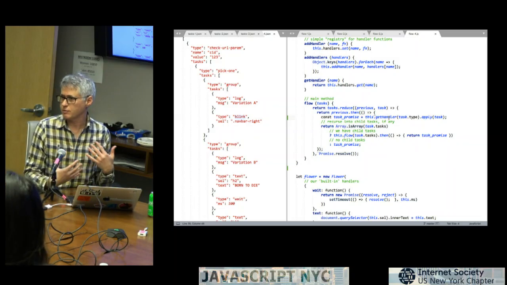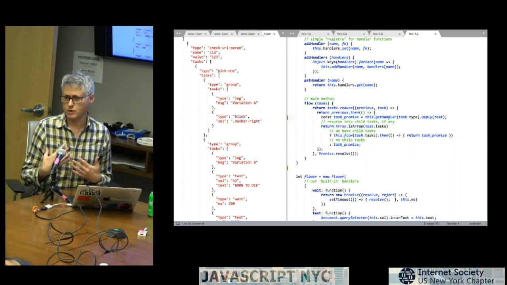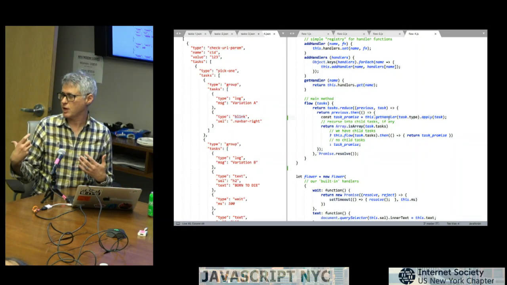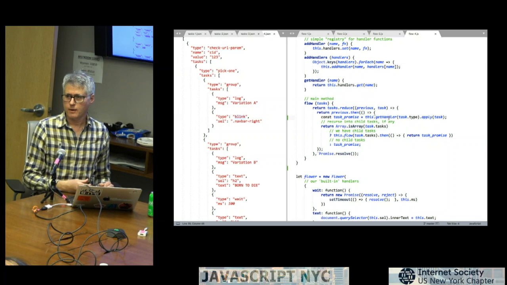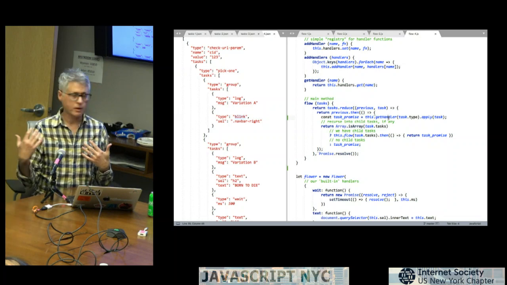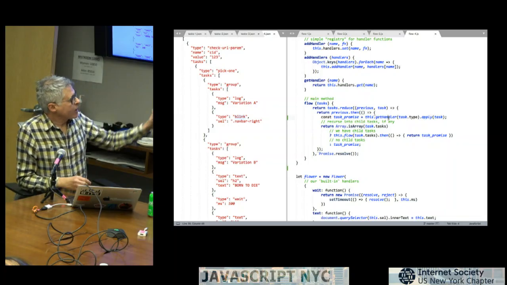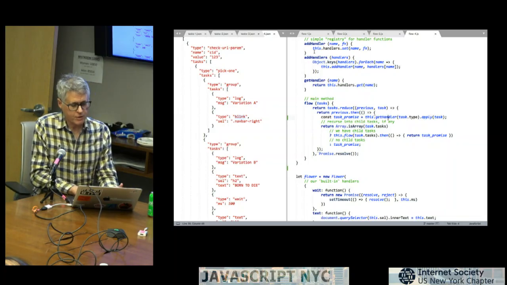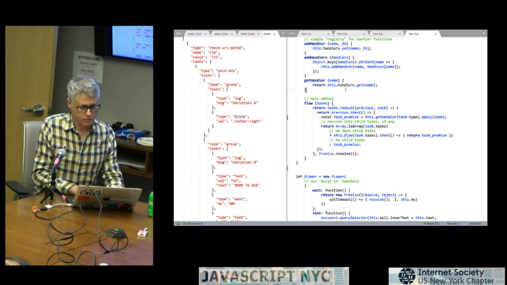So you might actually have different versions of each one of these things, and you could use the name plus the version to actually look up the appropriate code, so that you could allow people to go forward and backwards in time and that kind of thing. But whatever. The point is, now you have this add handler, and you could use that to register your own